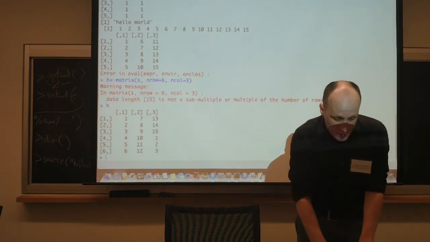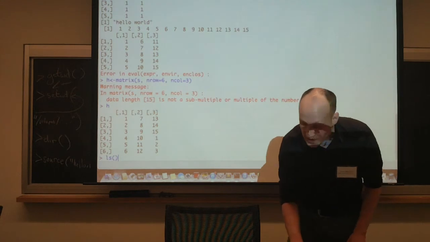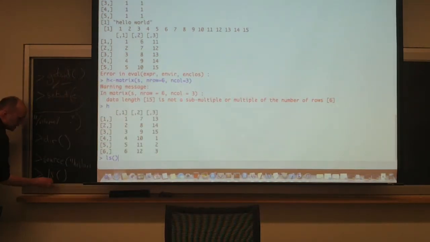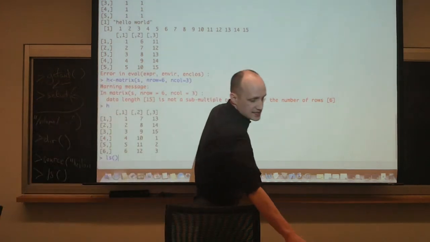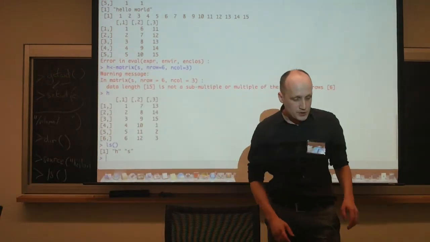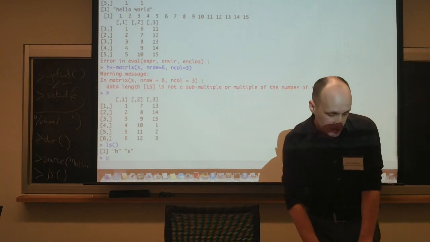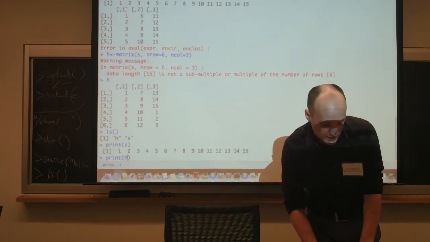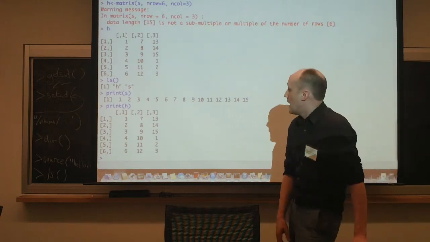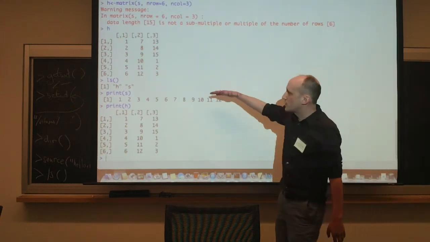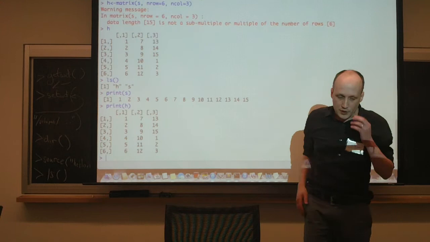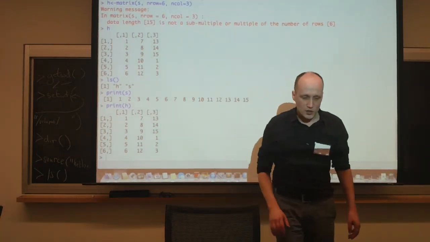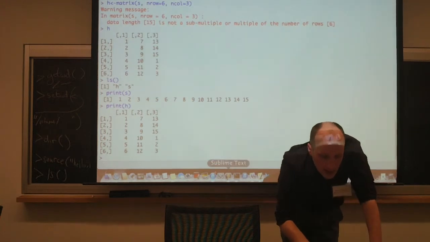Now, all these things do exist in memory. If I want to know what's in memory, ls is a useful command. That'll tell me what I've constructed that exists. And it'll say, you've built something so far called h and s, and I could print those things. I could print s again. I could print h, like we've been doing. And that's useful. But you might want to sprinkle these print statements throughout your code, because obviously that's just the most recent version of h. It's not what h was earlier in my code.